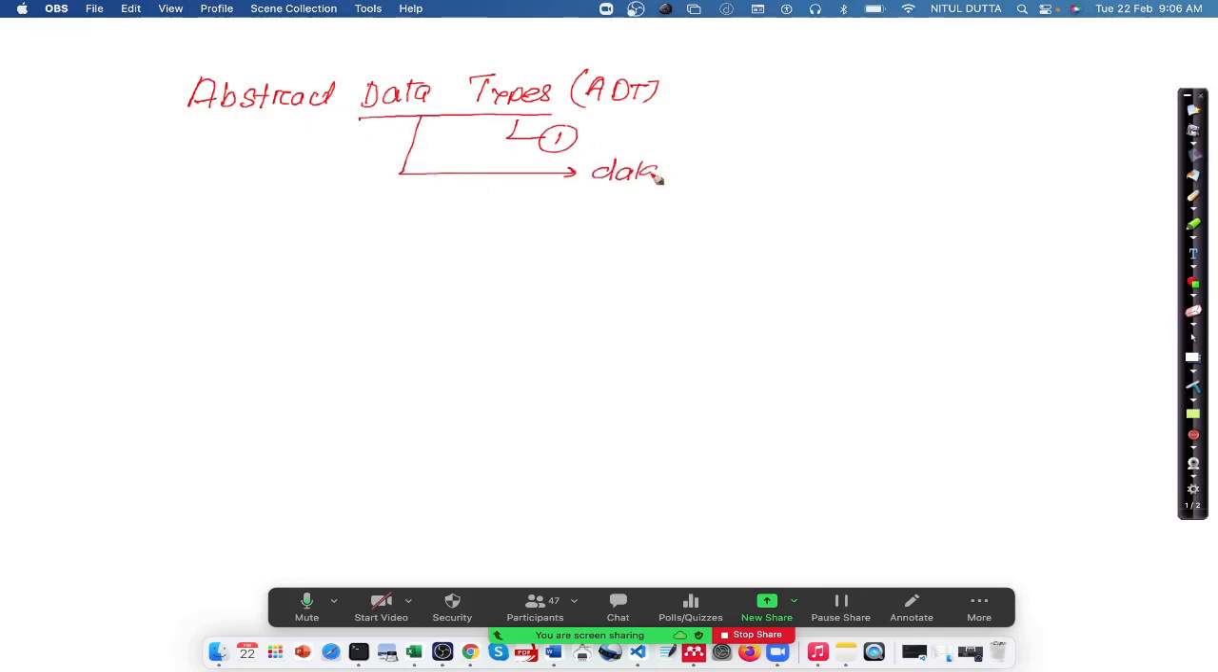To understand abstract data types, or ADT, it is important to understand the data type first, and before that you should also understand what is data. What is data? We have discussed in our earlier session about data structure, introduction to data structure, and we